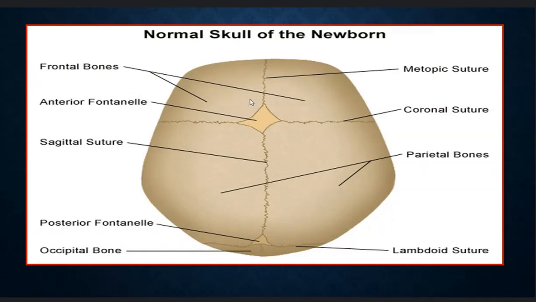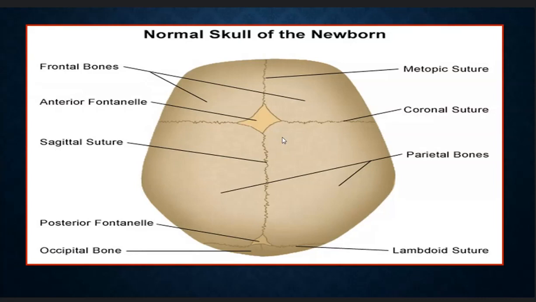So the bony defect at the area where these sutures meet is diamond in shape, and its normal diameter is 1 to 4 cm. This is called the anterior fontanelle. If you go backward,